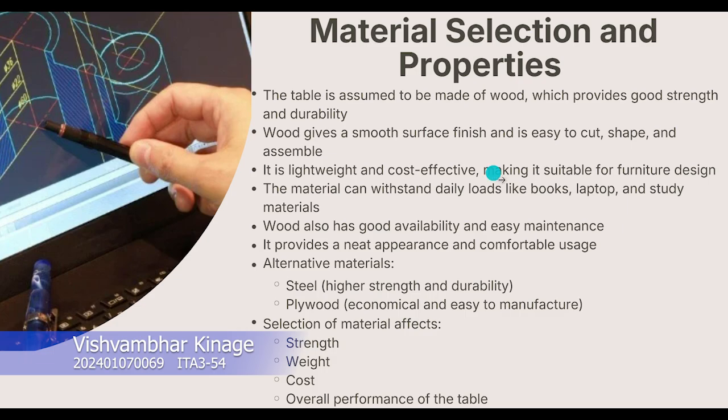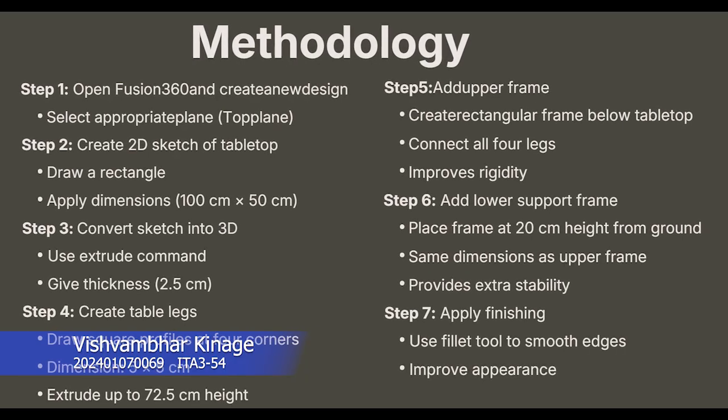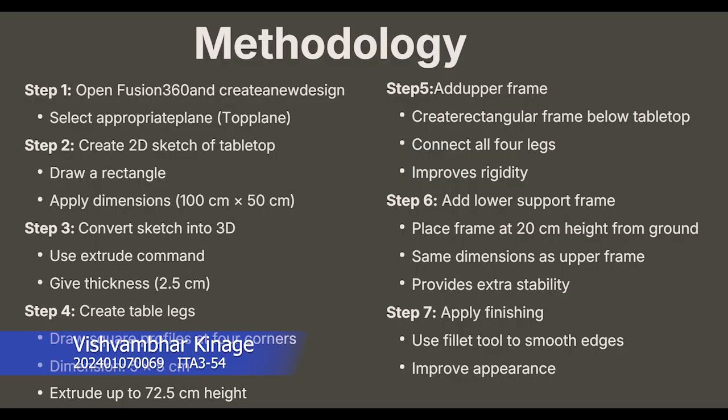Now, moving to the methodology, we started by creating a design in Fusion 360. First, we made a 2D sketch of the tabletop with the dimension of 100 by 50 centimeter. Then we converted it into a 3D model using the extrude feature and added thickness. After that, we created 4 legs at each corner with the size of 5 by 5 centimeter and the